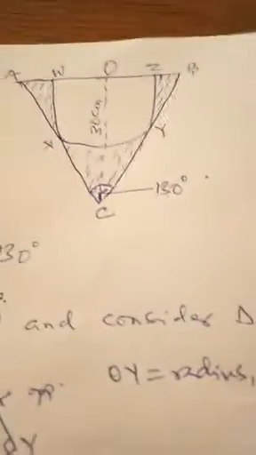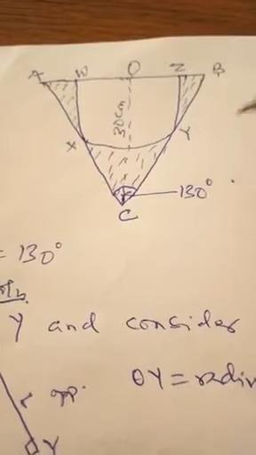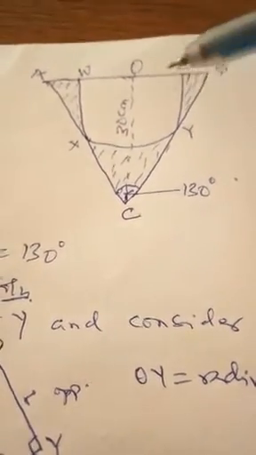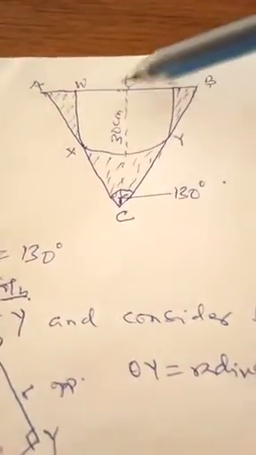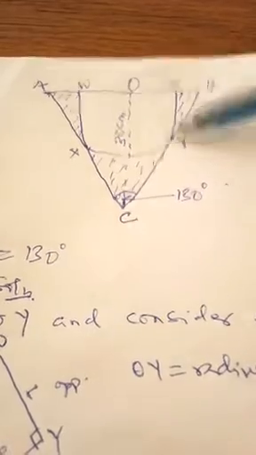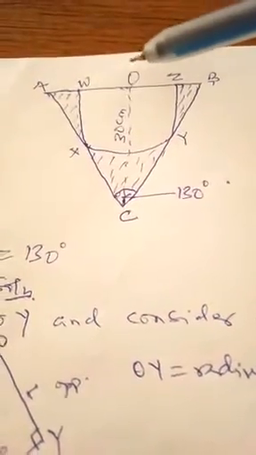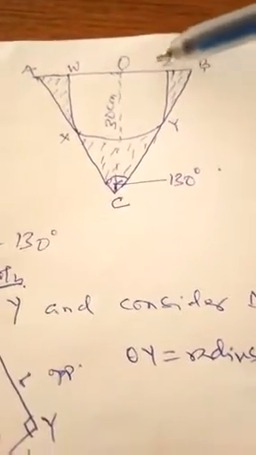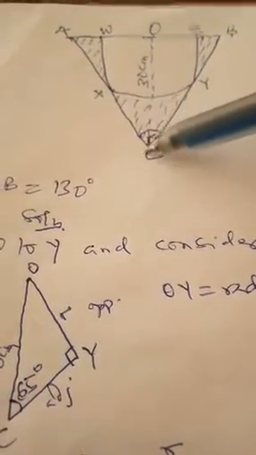Also, I have another one I wanted to look at. Look at it. The first thing we have to do is to get the radius of the semicircle. Radius of the semicircle can be OZ or OY or OX or OW. Radius is always the distance from the center of a circle to the circumference. For you to get your radius, remember they told us angle ACB, this angle is